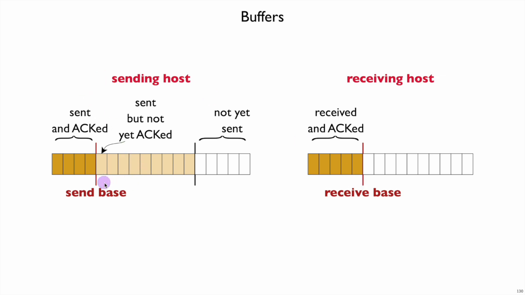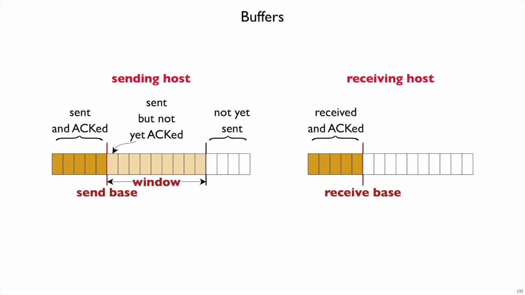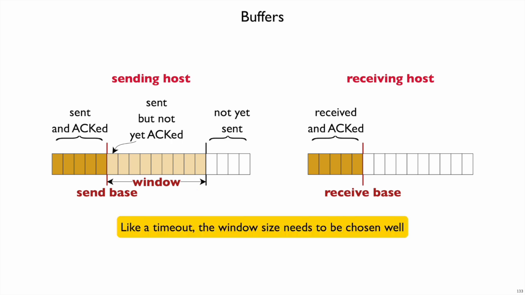On the sending host side, it's going to wait until it gets that acknowledgement, and then when it does, it can increment its send base. It also thinks that packet is all done, and probably as it increments its send base, it can send one of these packets that is not yet sent also. That is, it might retain a basically fixed size window here. The window is a choice about how many packets we think it's worthwhile having live in the network at a time, so as to improve throughput but not overload the network. So this window size, like the timeout, is something that an implementation will need to get right and to carefully consider.